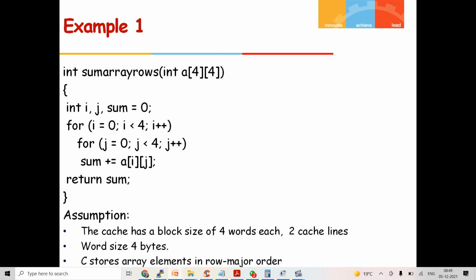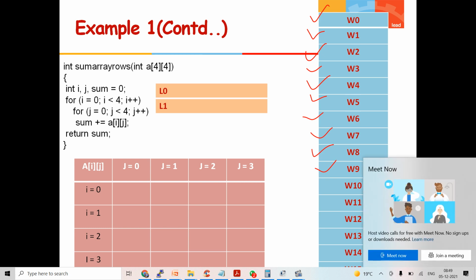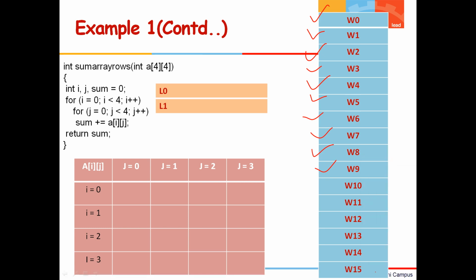So let us now go down and understand how it works. When you draw this, you will find it will come in the array like this. Here W0 is the first word, second word, third, fourth, fifth, sixth, 7, 8, 9, 10, up to 16. This is 16. I hope you can see this. Now, when there are 16 of them, these are going to be loaded into the cache. When you start, the cache is empty, so nothing will come there.